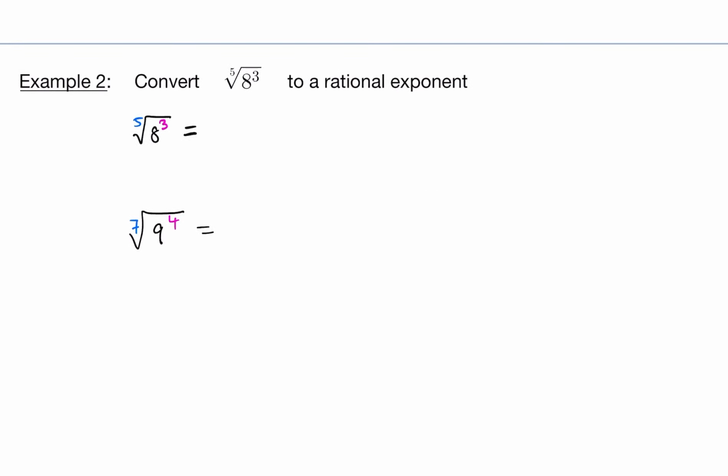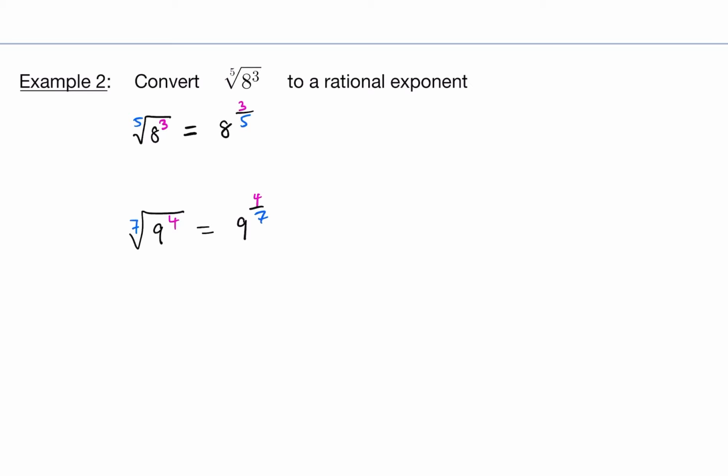Okay, here we've got two numbers here. We've got a fifth root, represented by this 5. This is a fifth root of 8 cubed, okay? So here's an example where the numerator and the denominator of the exponent will not be the same, okay? So to rewrite this, this is equal to 8 to the 3 over 5 power, okay? That is how you rewrite that. And if you take a look at the next example, this is really the same as 9 to the 4 divided by 7 power,